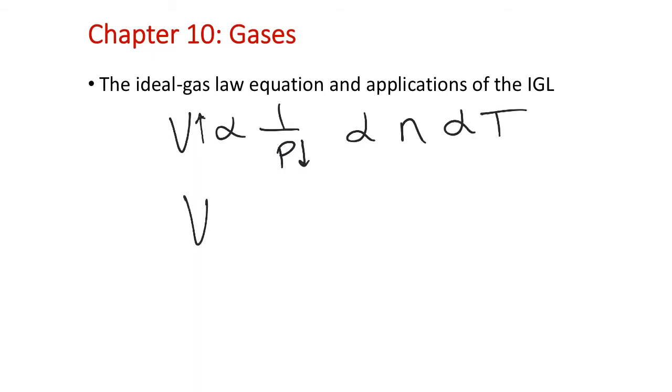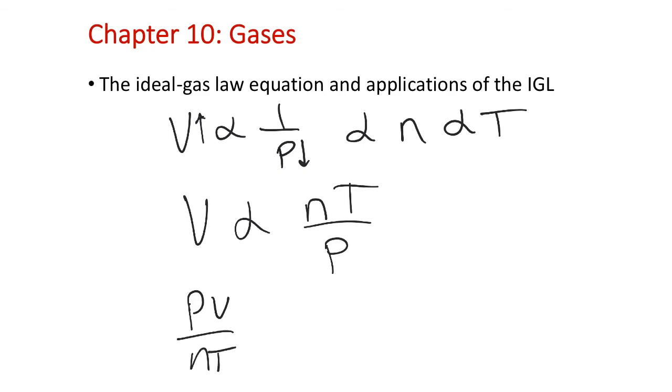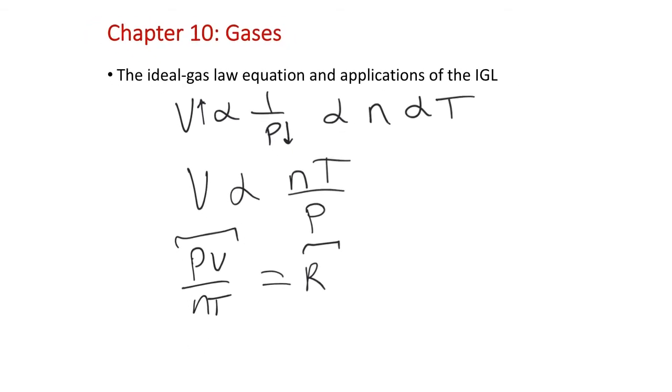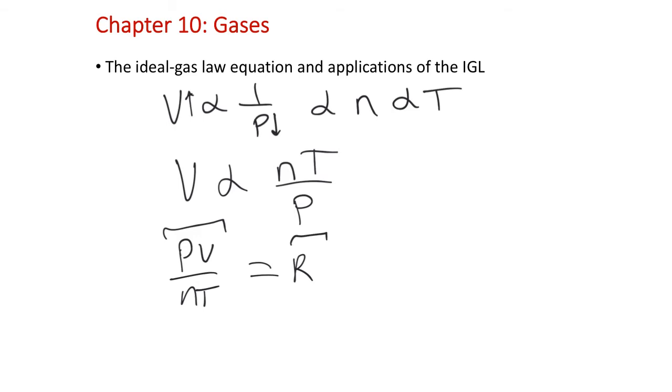So what we can write is that V is directly proportional to NT divided by P. And then you can also determine that PV over NT, just doing a little cross multiplying, is equal to some constant, where if we take these 4 quantities and relate them for any gas, they come out to be equal to essentially the same gas constant as long as the gas is obeying what we call the